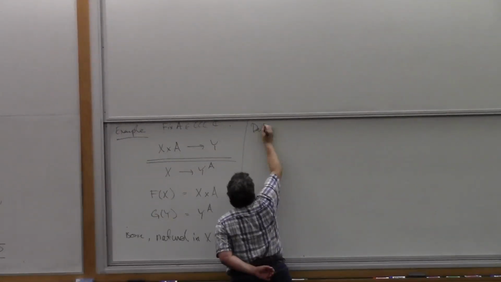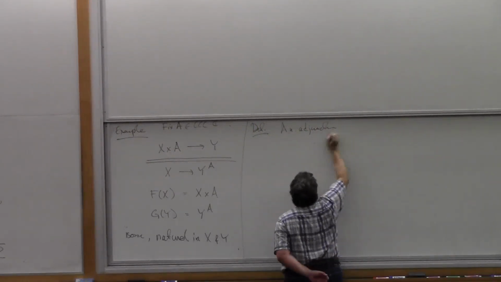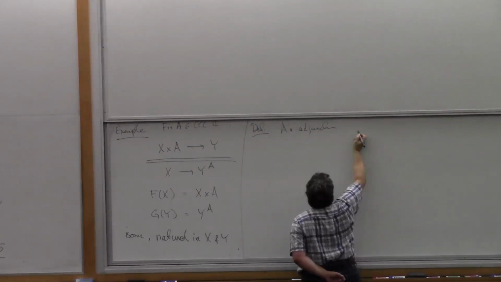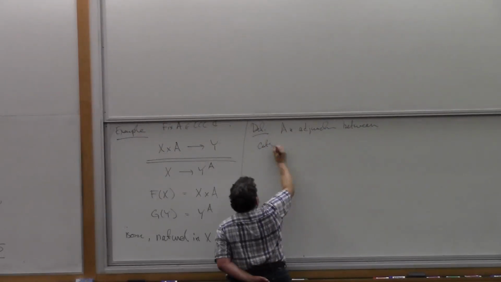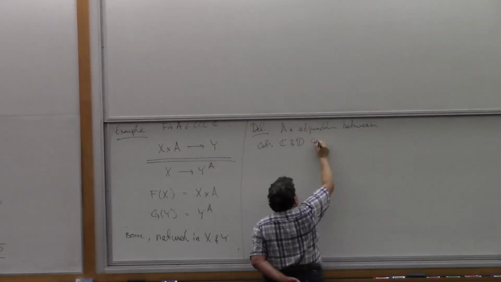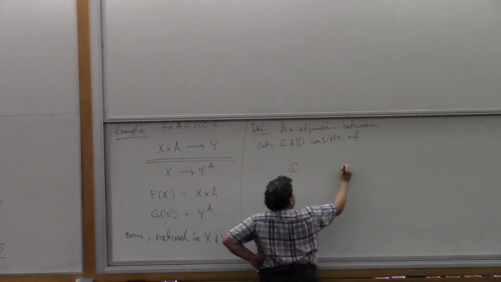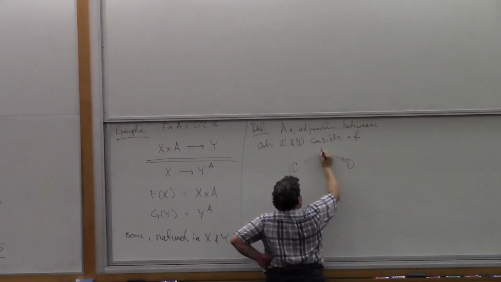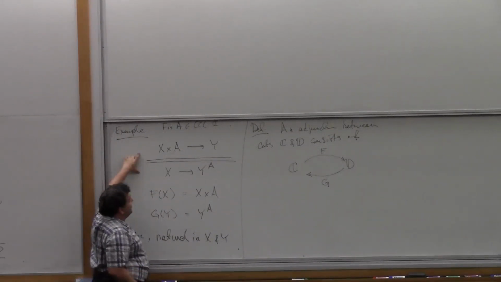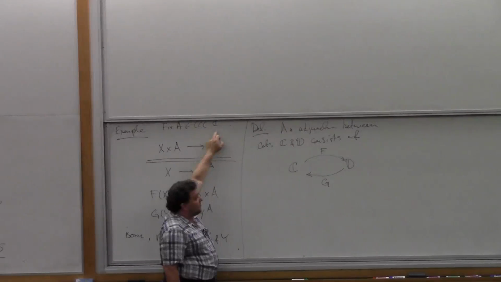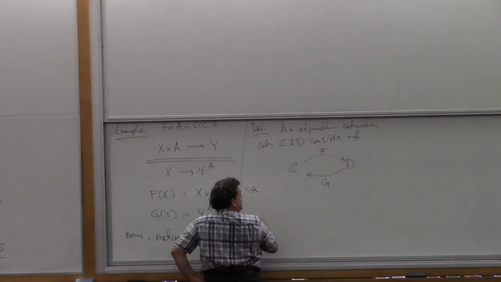So the definition is this. An adjunction between categories C and D consists of a pair of functors, F and G, going back and forth. In this case, the functors were on the same category C, but that's not essential. We can have an adjunction between two different categories, such that there's